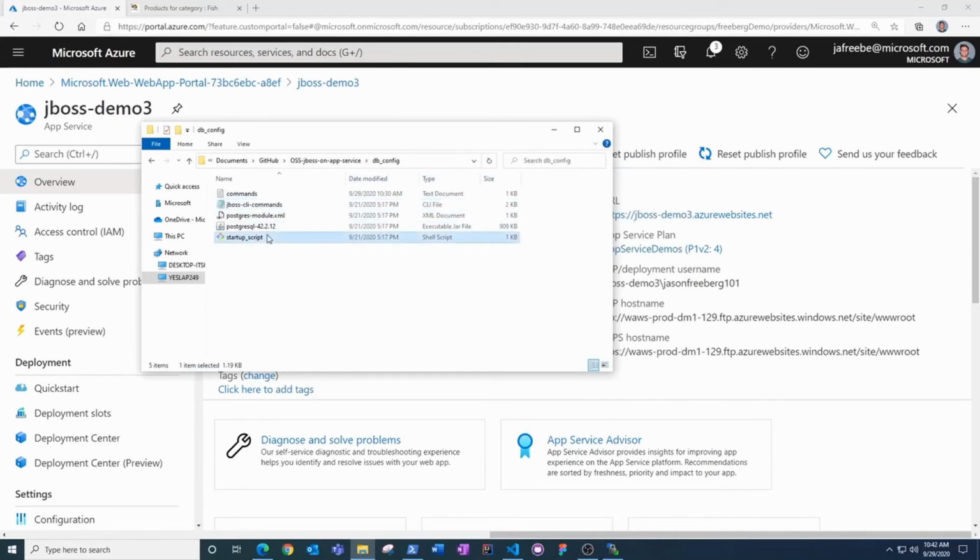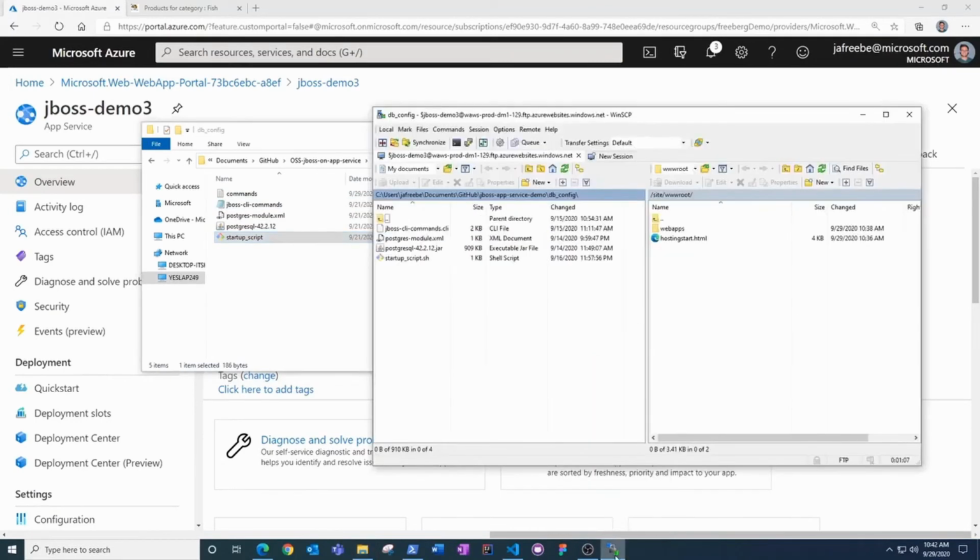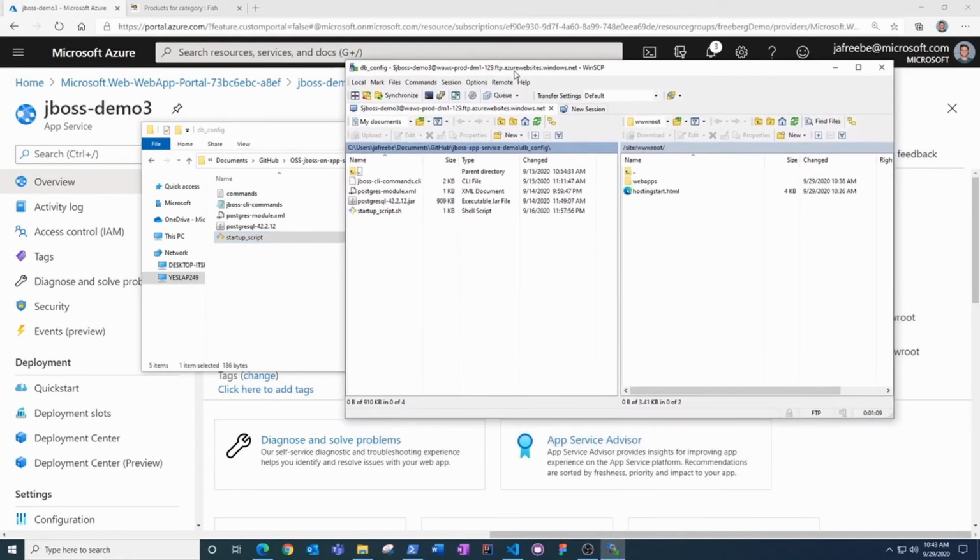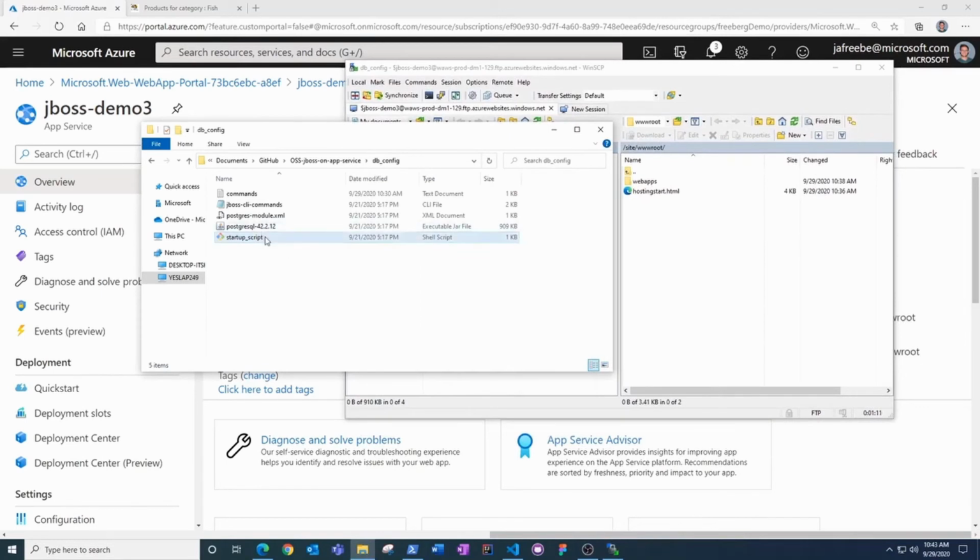And then finally here I have a startup script because app service is a stateless service. So these configurations need to be executed every time the container starts. So by starting this startup script every time the container comes up, every container will be configured the same.